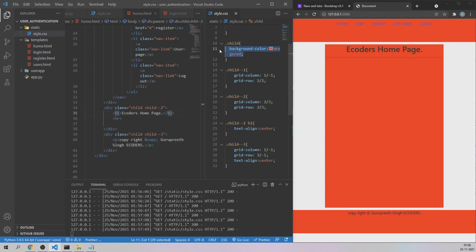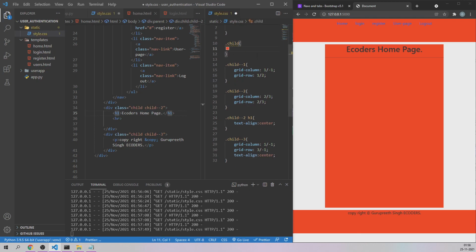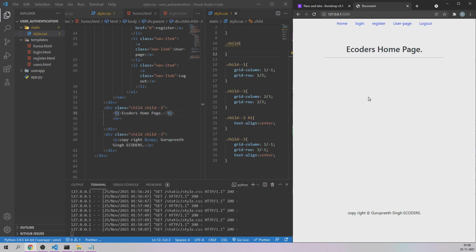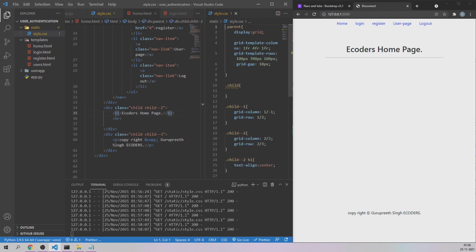First let me get rid of this background color for all the children. Let me refresh it and we'll get back the original look. But first of all, let's keep a background color for the entire app. Let's go with a little bit of dark theme. Let me first choose the green color, background. I've made a spelling mistake over here, the 'back' is missing, so let me fix it as a green color, and refresh the page.